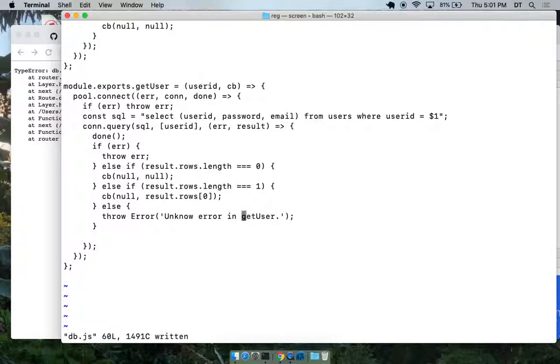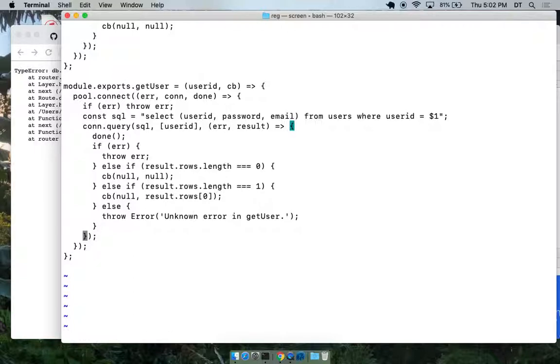So according to my logic, this is basically just an assertion. We should never reach this point, because the length should never exceed 1. If we do a select where the user ID is this, with this user ID being a primary key, the results will never have more than 1 row. So if we have more than 1 row, then something weird is happening, right? Anyway.